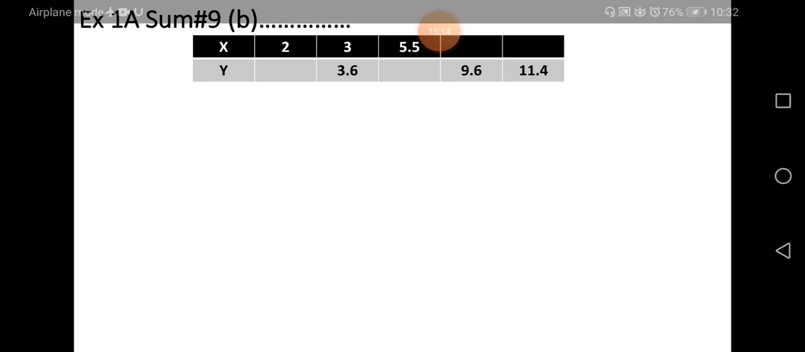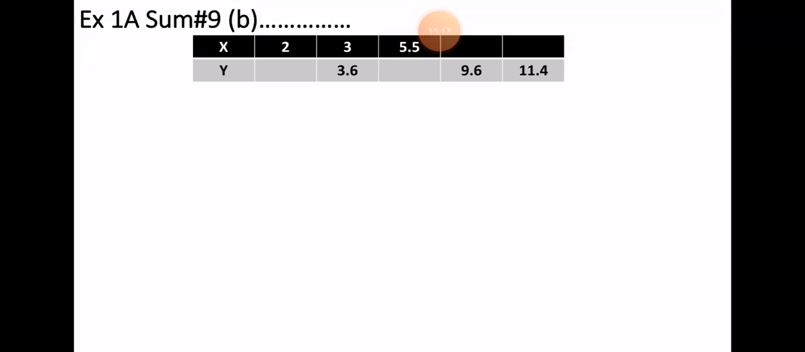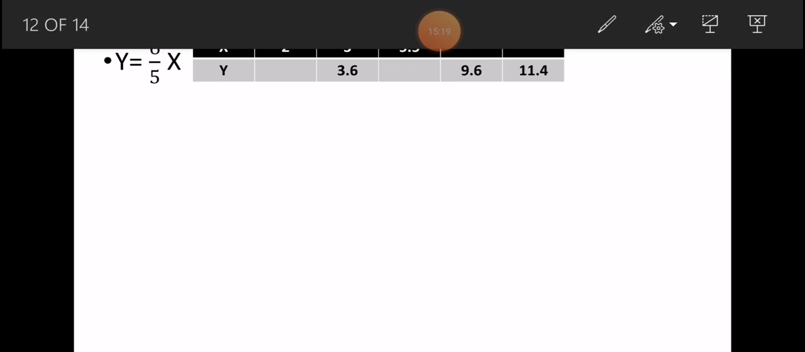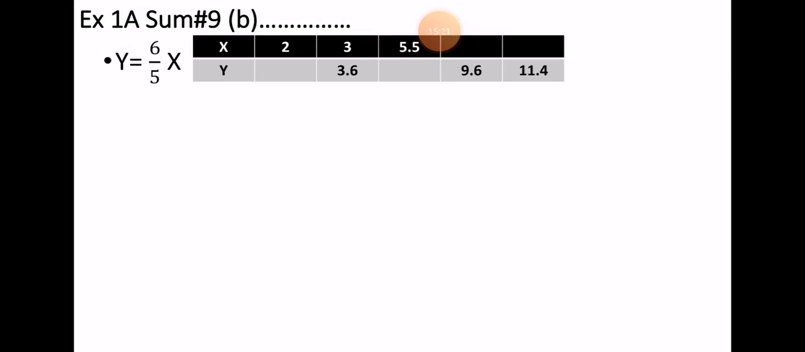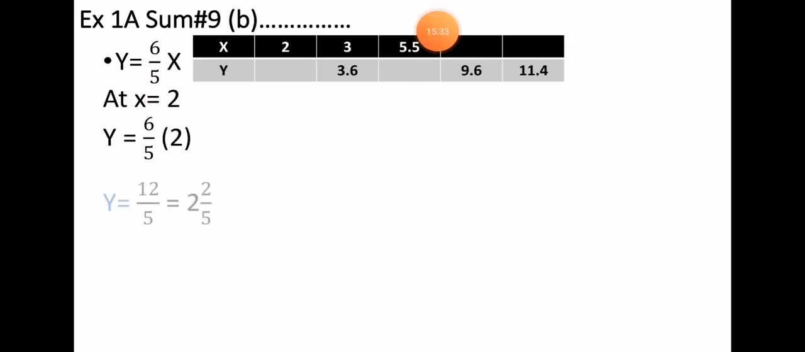So the table is given, and as we know the equation is y is equal to 6 over 5x, and at x is equal to 2 you have to substitute the value of x. So at x is equal to 6 over 5 multiplied by 2, 6 2s are 12, 12 over 5, you can write y is equal to 2 whole 2 over 5,